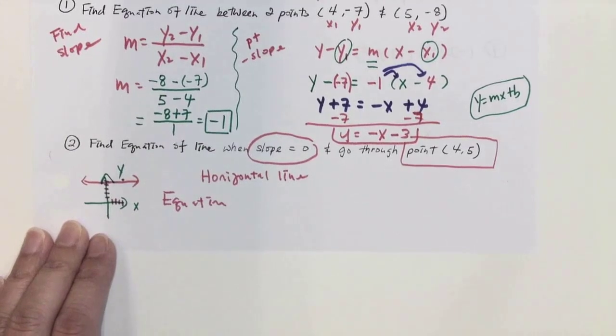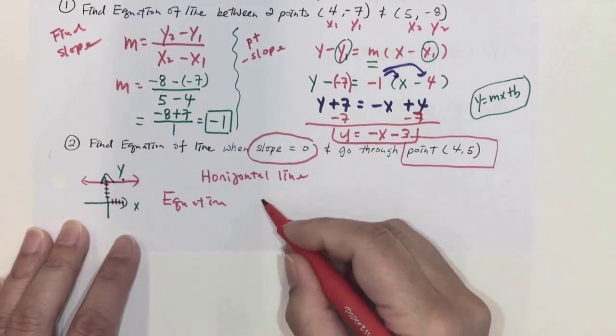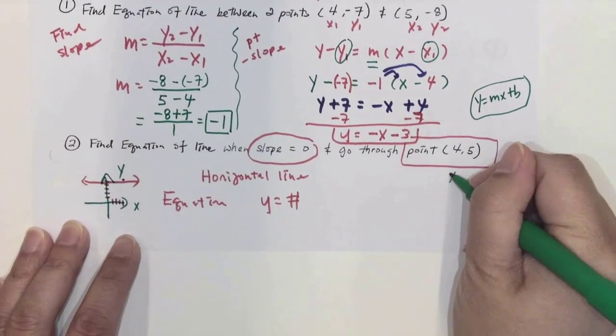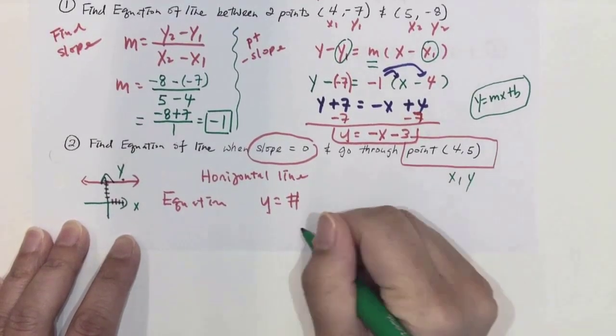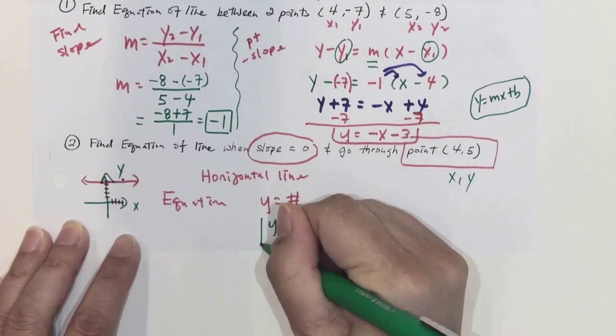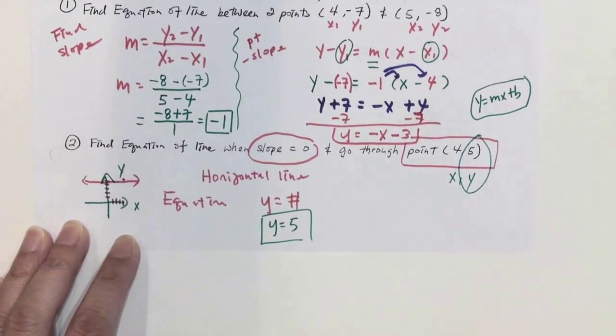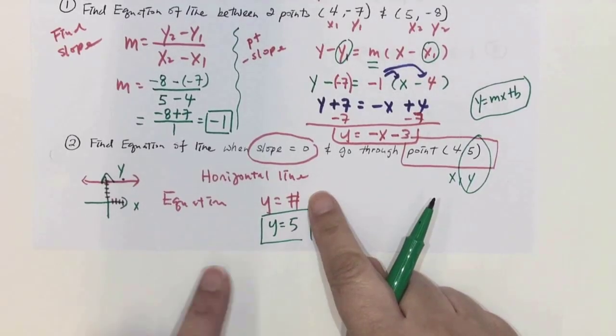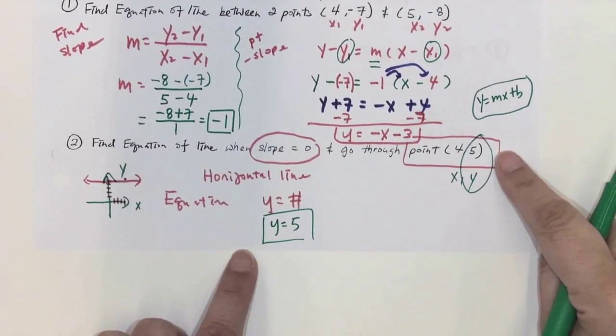What would that line be? It's going to be y equal to a number. What number is that? 5, because this is your x value, this is your y value, right? So y will have to be 5 for that. Is it okay? A horizontal line has to be y equal to a number, and according to this point, your y value would be